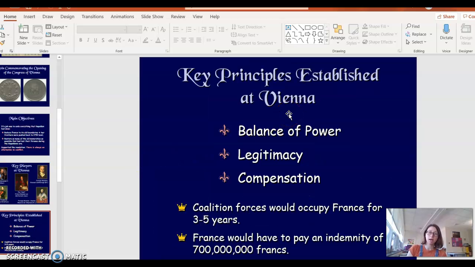The key principles of the Congress of Vienna were to balance power, to restore legitimate monarchs, and to provide compensation for nations that were trampled by Napoleon. There's going to be this coalition force that will occupy France for 3 to 5 years, and France is going to pay an indemnity, which is kind of like a reparation, or a cost that you pay because you damaged something, of 700 million francs, which is just